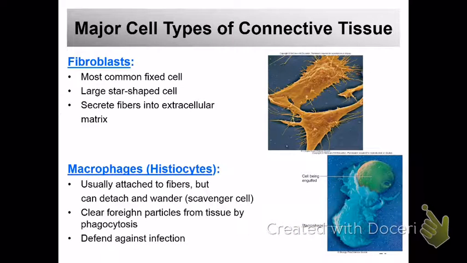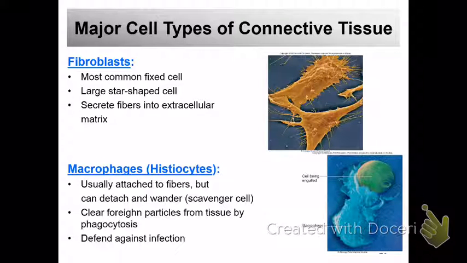Okay, so the first kind of connective tissue we'll talk about is fibroblast, and this is a fixed cell. That means it's not floating around in the blood. It's the star-shaped one on the top, and it secretes fibers into extracellular matrix, so extracellular liquid that's outside the cells. Okay, the macrophages,